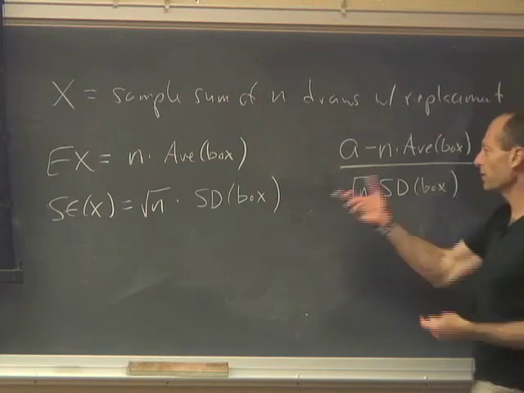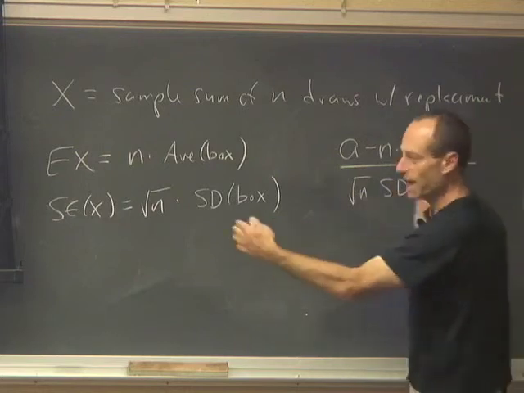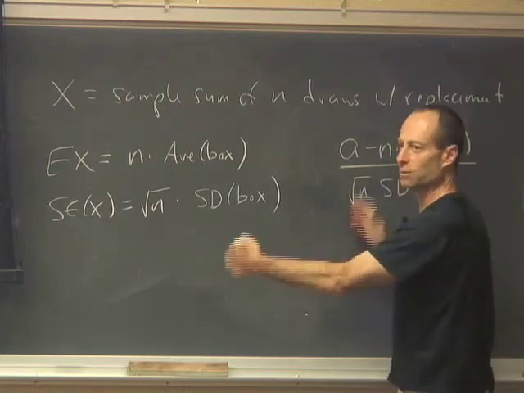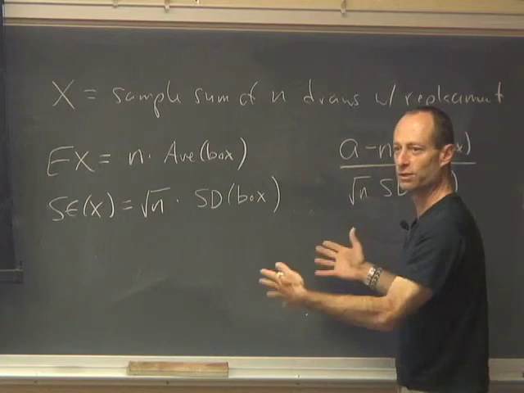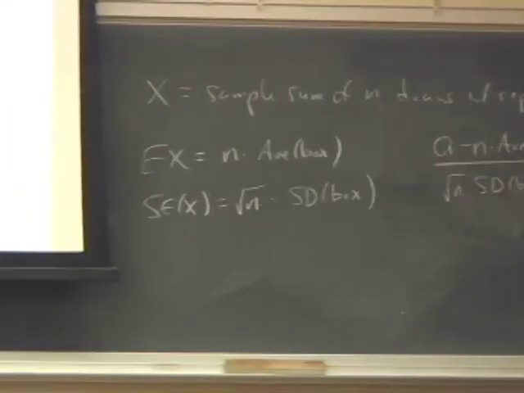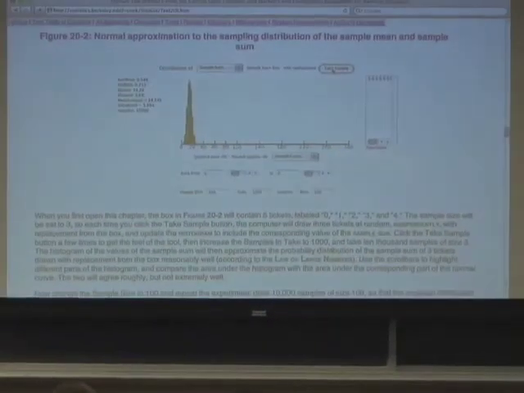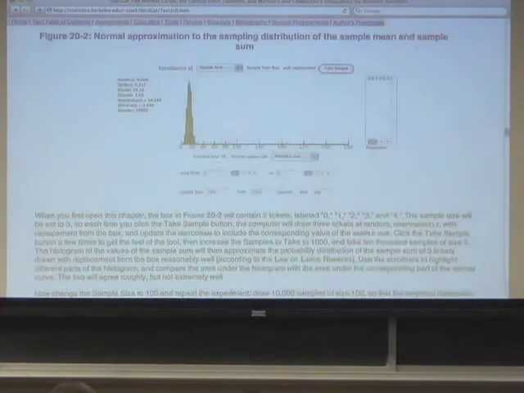Okay? So if we convert them to standard units and then look at the area under the normal curve for that range, that will be an approximation to the area under the probability histogram for the random variable itself. So that's kind of what was going on in this picture. There's a couple of things that are missing that I want to talk about. Let's first of all look at